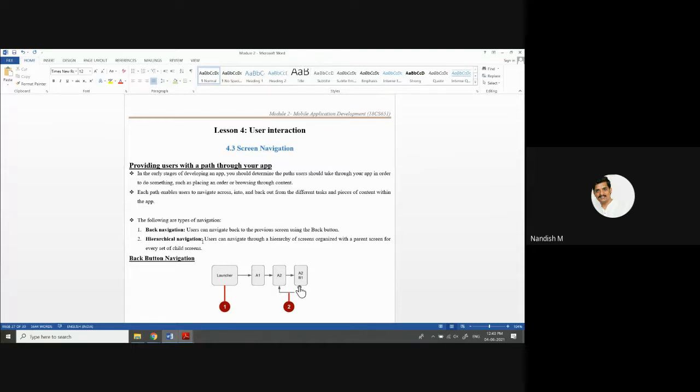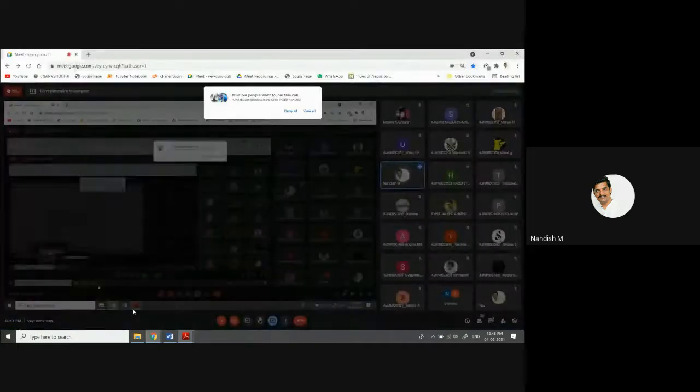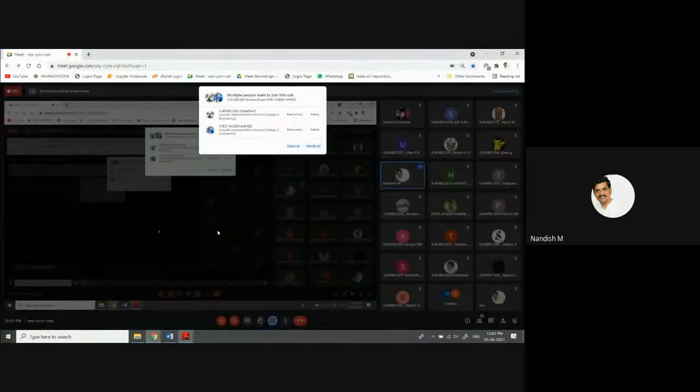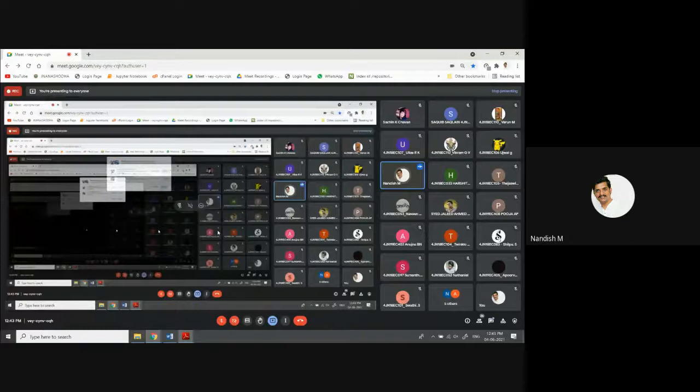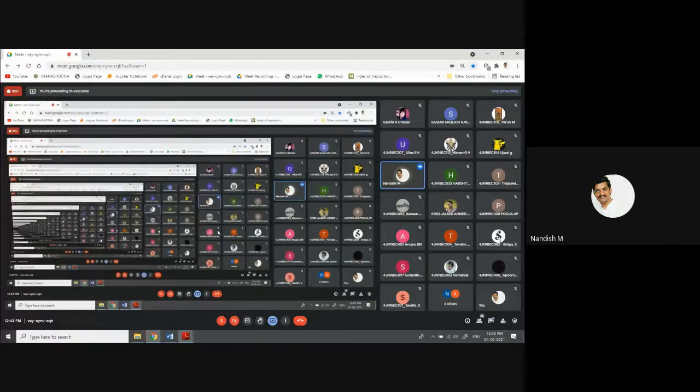In order to navigate from one screen to the other screen, what are all the options? To move from one screen to the other screen, a back button is there. In all our mobiles, we have a back button, right?